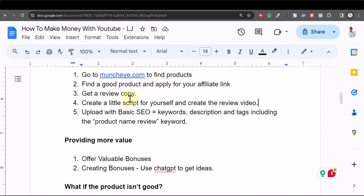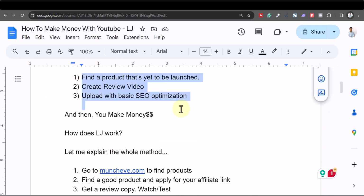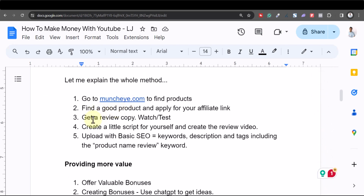So the process is simple. You got the review copy and then you watch the training, right? And if it's a software, you actually test it out. Okay, and then once you do that, you can create a little script if you are uncomfortable recording your screen and talking on the fly. If you're uncomfortable with that, you can easily create a little script of bullet points, just like what I'm doing here, right? I don't remember everything, so I just create something like this and I can just talk about it, right? You can do that, or you can create a detailed script and just do a voiceover thing